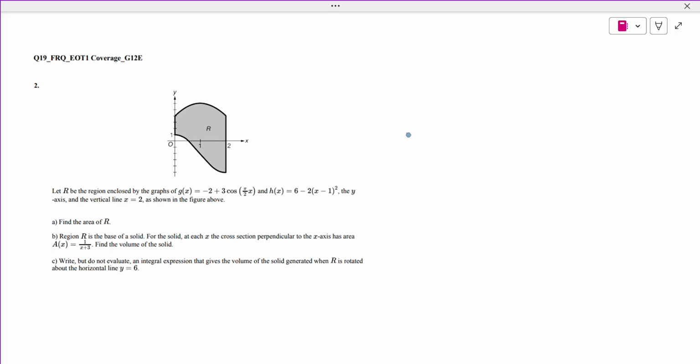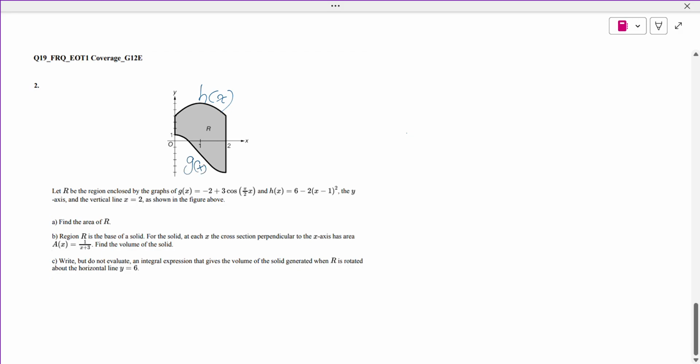So in this question we have a region enclosed by two functions and two lines, the y-axis and the line x equals 2. Now, before we start doing part A, let's label the functions on the graph. The upper one looks like a parabola, so it will be the quadratic. So this is h of x. The upper one is h of x, and the lower one will be g